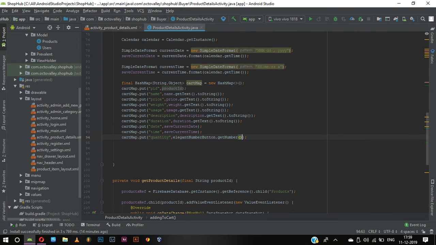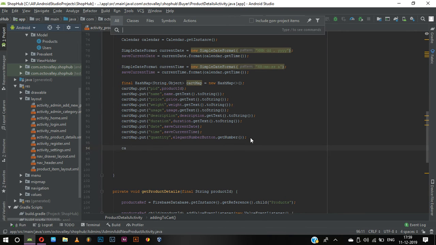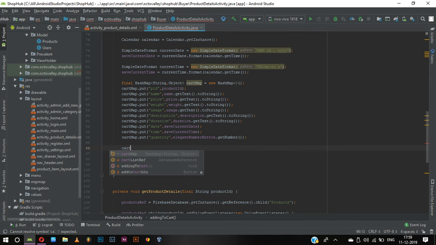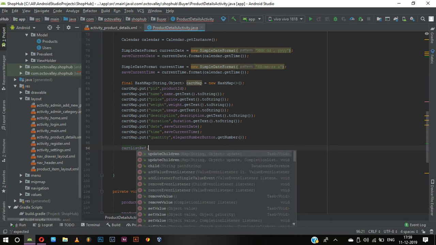And we have the quantity as elegantNumberButton.getNumber(). It is already a string, so we don't need to convert it to a string. Now what we can do is upload it to our database. So for that, it is cartListReference.child,